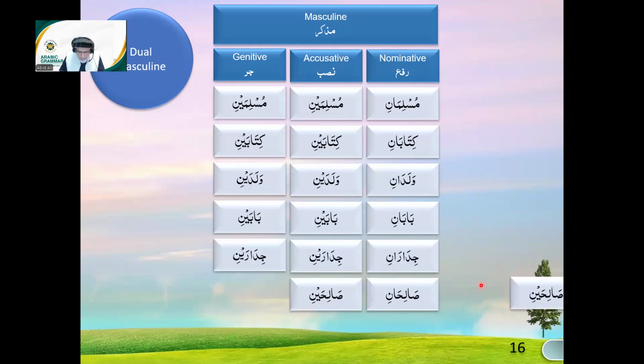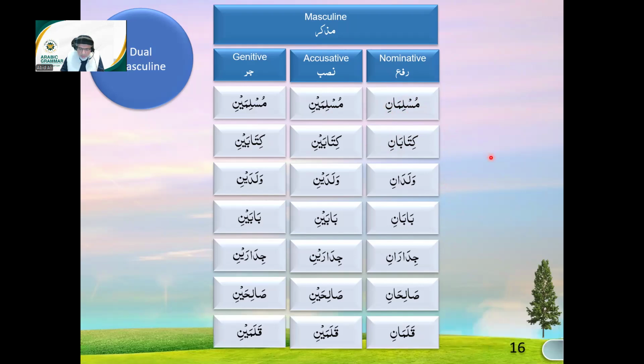Solihani, solihaini. Now, if you make the mistake of looking at the ending Haraka on this word, then all of you are going to say this is Jar, because of the kasra, because you identify kasra as the Jar sound or the Jar status. But before you reach that conclusion, you have to look at the number. Muslimani is 2. This kasra would have been Jar in the case of a singular noun or a broken plural noun.